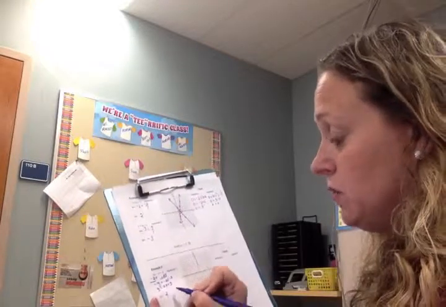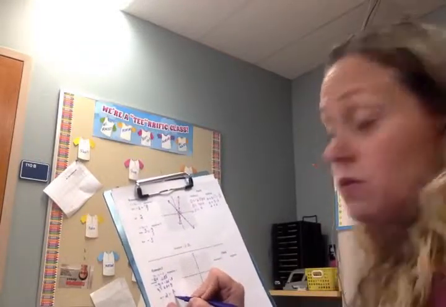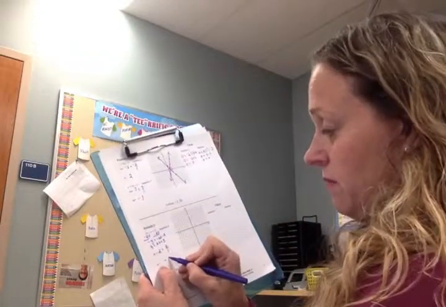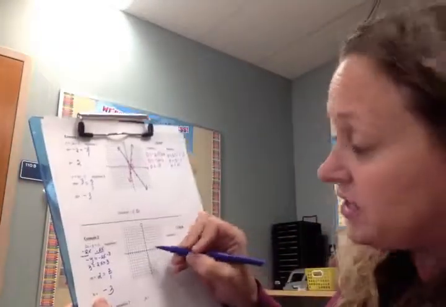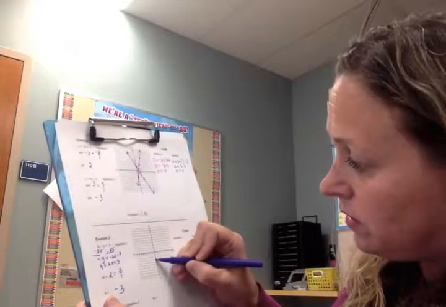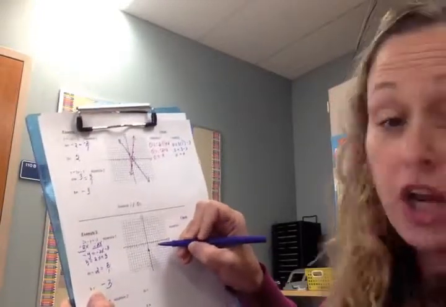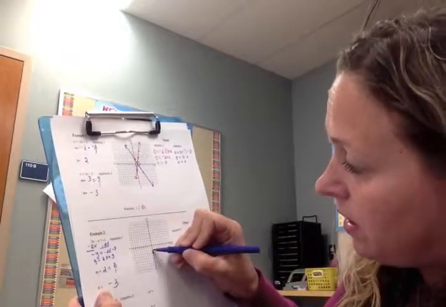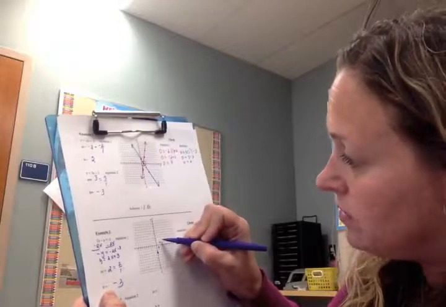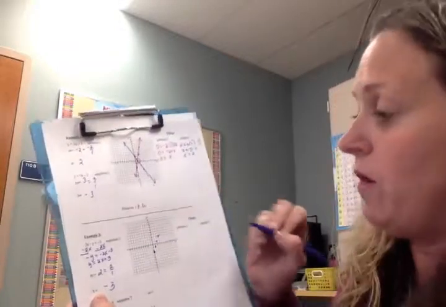My slope is 2, which is a rise over run of 2 over 1. My y-intercept is 3. So I'm going to take that slope and y-intercept and graph it. I'm going to put a dot at 3, which is right here, and then I'm going to go up 2 over 1, up 2 over 1, up 2 over 1. Okay. Taking my straight edge,